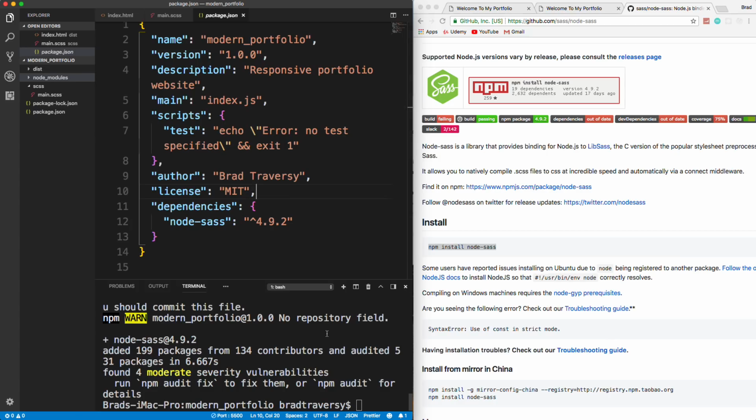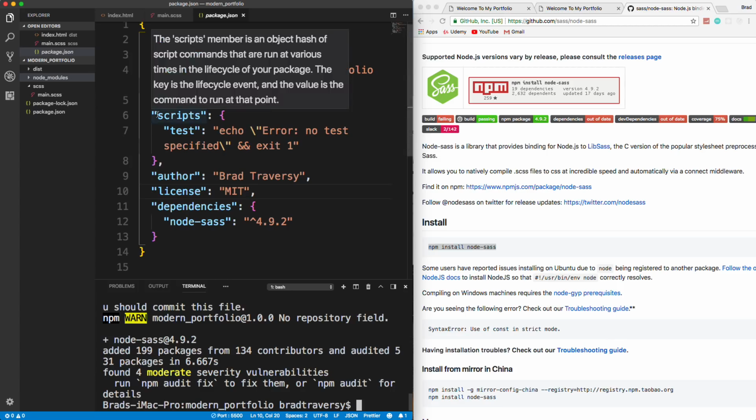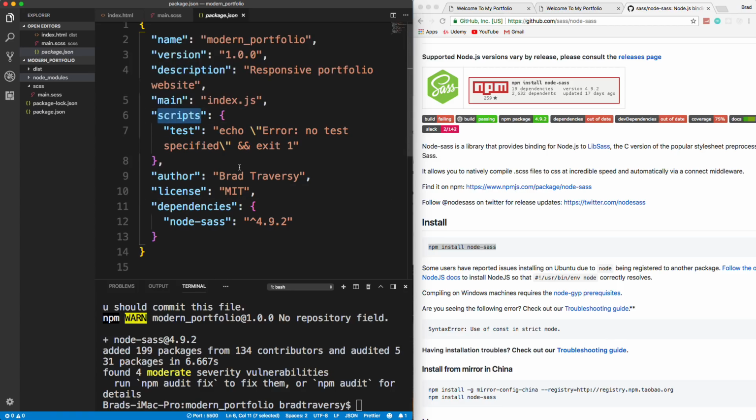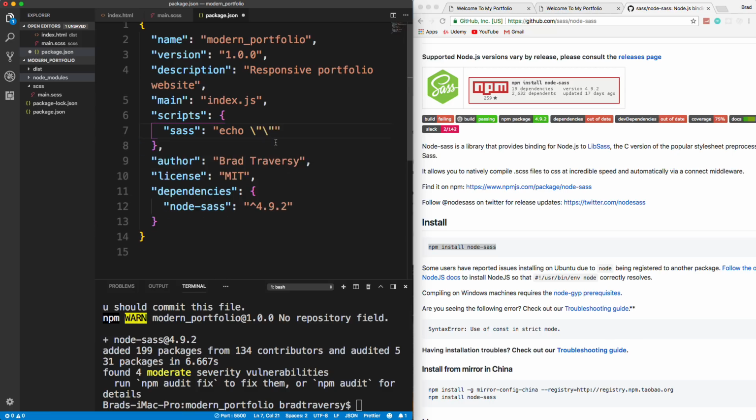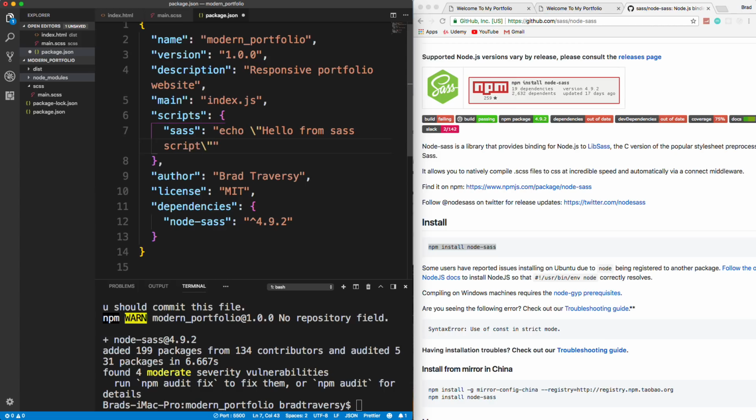so the next thing we need to do is set it up so that it works. Now to do this, we use something called an NPM script, and you can see we have this scripts object, and it has this test. What I'm going to do is change this test to Sass. I'm just going to call it Sass. We could call it anything. And this is just echoing something out, so I'm going to just get rid of this double ampersand exit 1 and just change this right here to say hello from Sass script, I guess, doesn't matter,